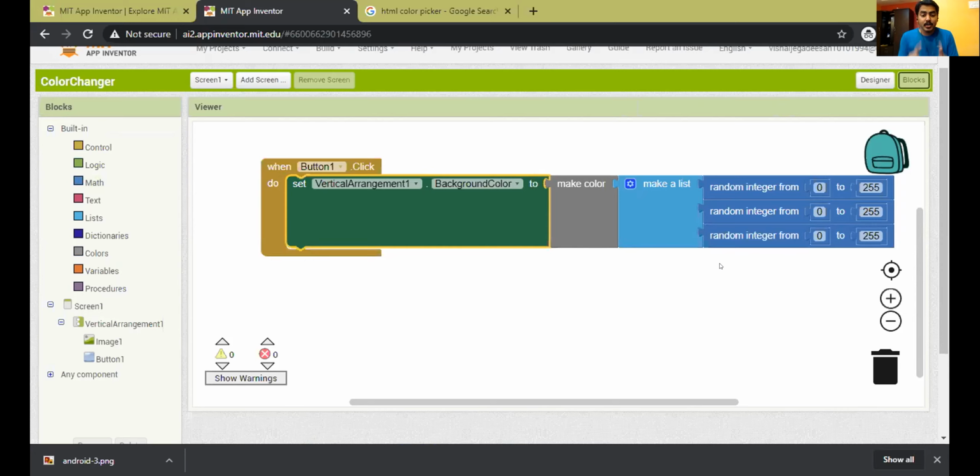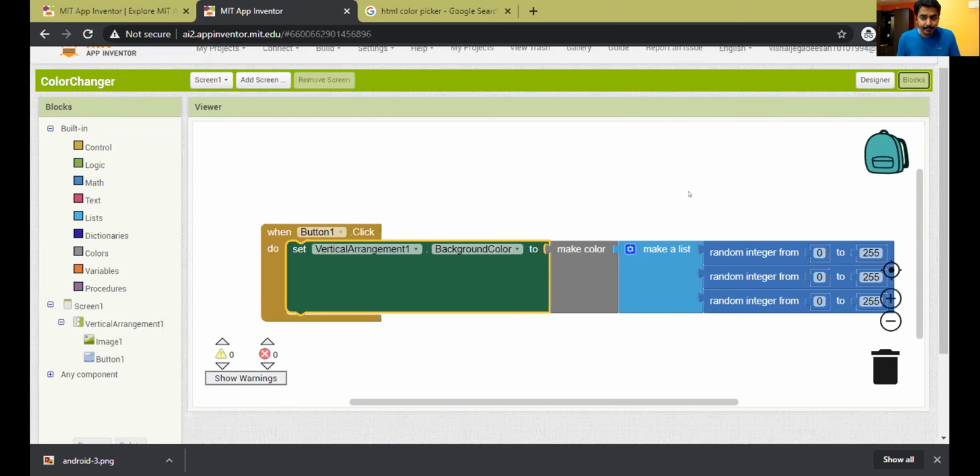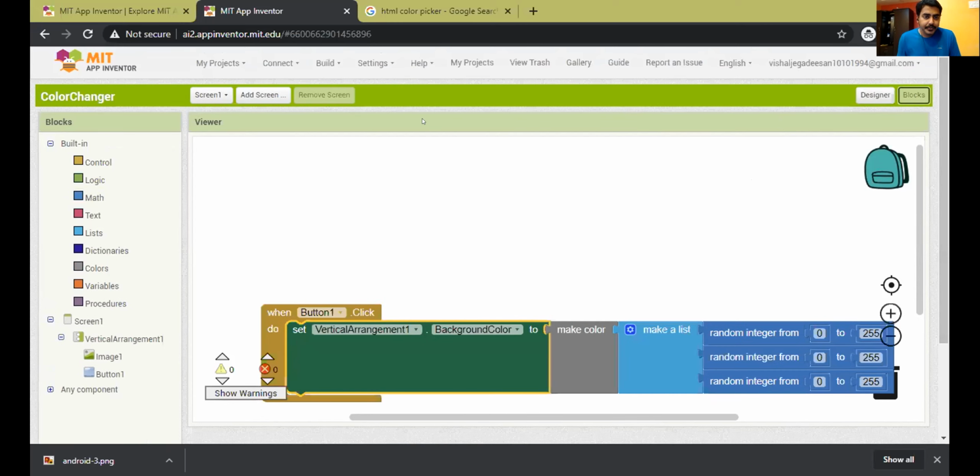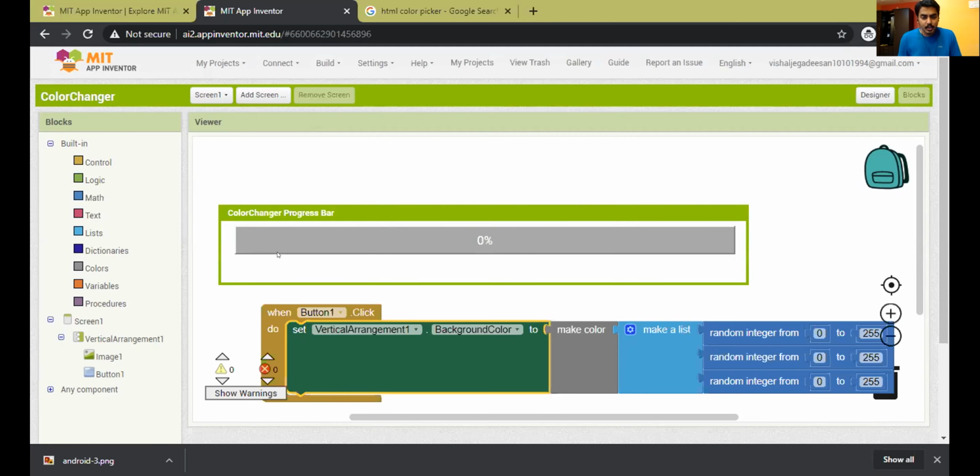The next step is you need to download this app and put it inside your mobile. Correct? At the top, there is an option known as build here. So click on this build, and there is an option known as app provide QR code for .apk. Click on this. Once you click on this, see there is a progress bar coming up.